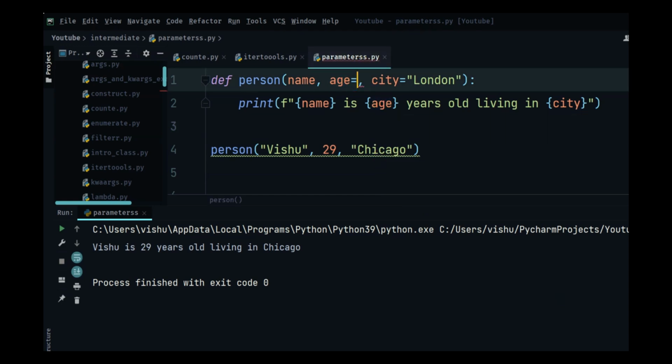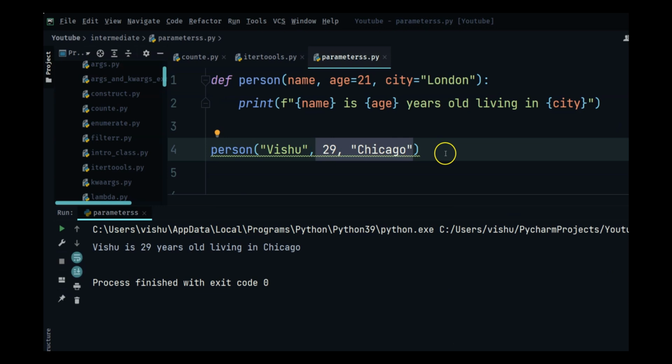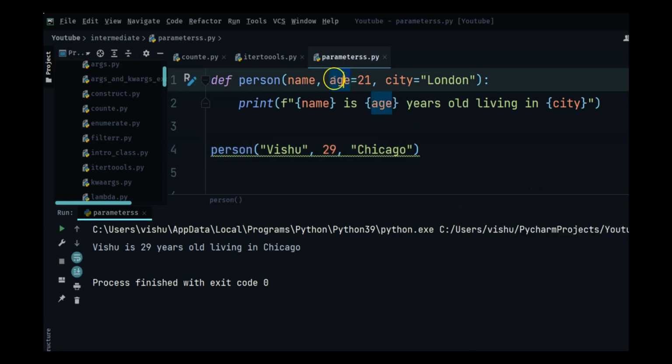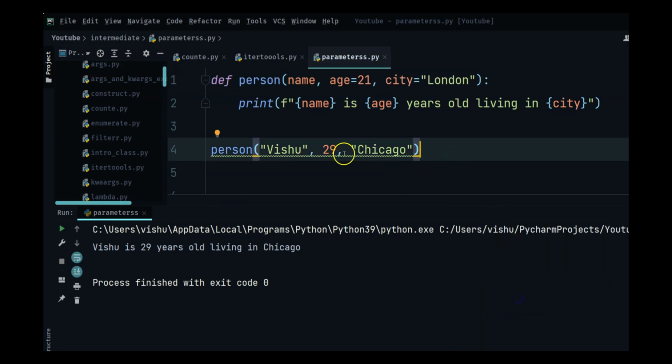Suppose I change the age to 21. If I run this now, it is going to take the user provided values because we are giving the function values. It is only when you forget to give the function values that it would take the default values. So we have the age as 29 and the city as Chicago, which are not the default values.